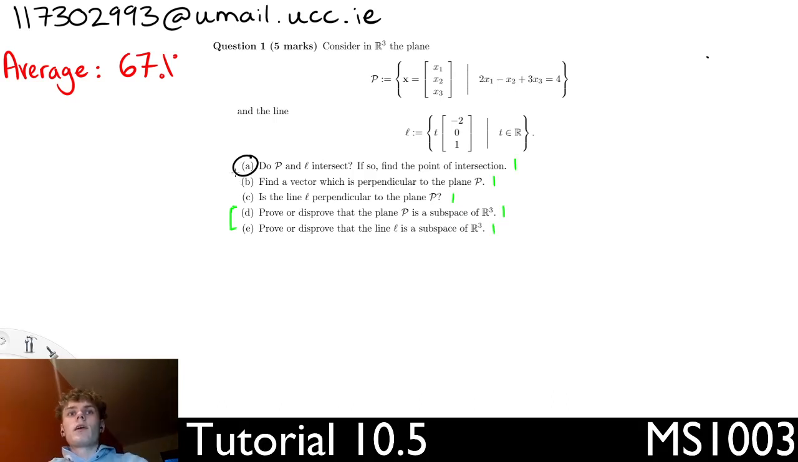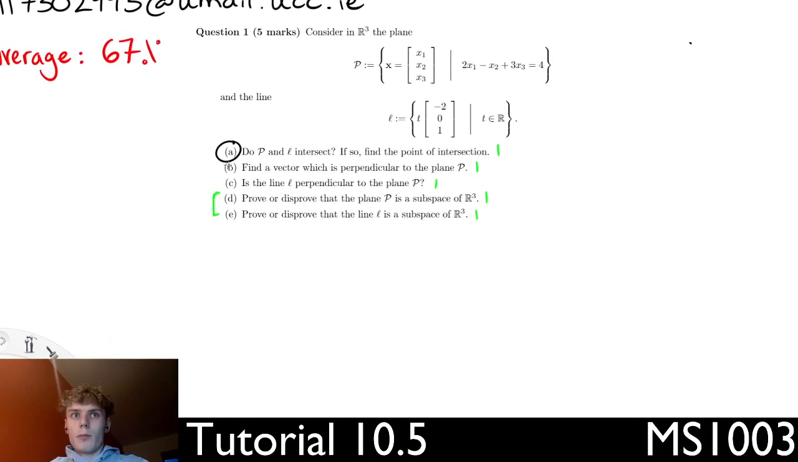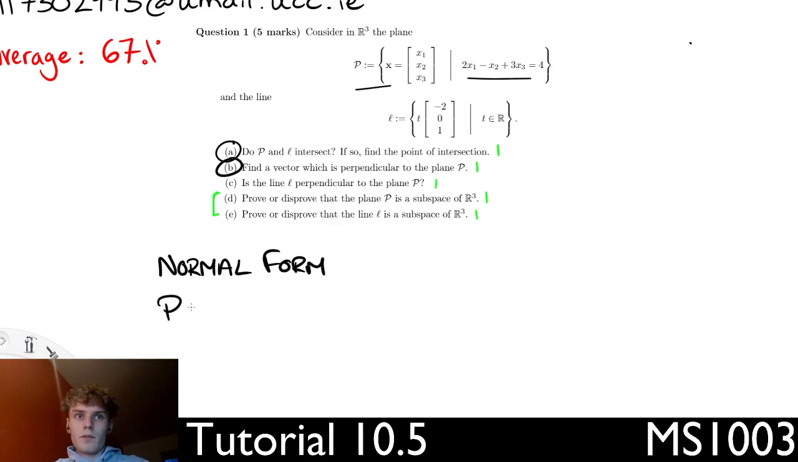For part B, I actually need to show you something because this was kind of a point of confusion. So, part B1, find a vector which is perpendicular to the plane P, okay? So here's P. You can see we're given P in normal form, okay? Some people would write that P is going to be defined by the equation 2x1 minus x2 plus 3x3 equals